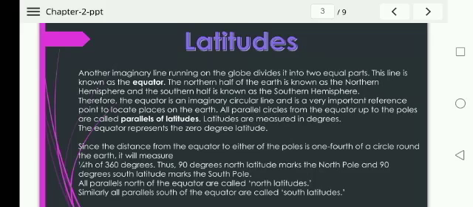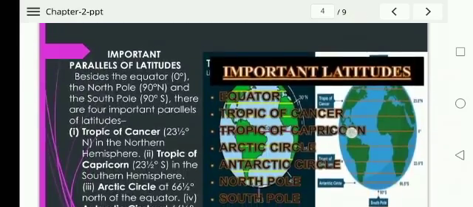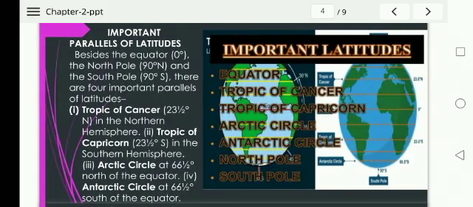And all parallels north of the equator are called the north latitudes. And similarly, all parallels south of the equator are called south latitudes. As you can see, the upper Tropic of Cancer and Arctic Circle are known as northern latitudes, and Tropic of Capricorn and Antarctic Circle are known as the south latitudes. The important parallels of latitudes, beside the equator, meaning 0 degree equator, the north pole 90 degree north